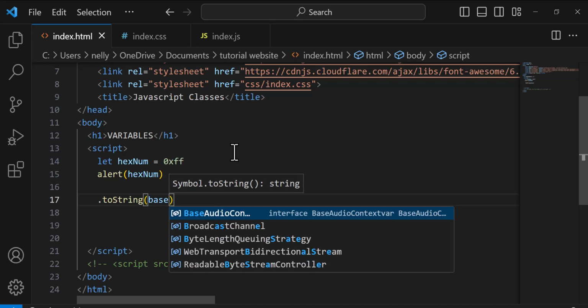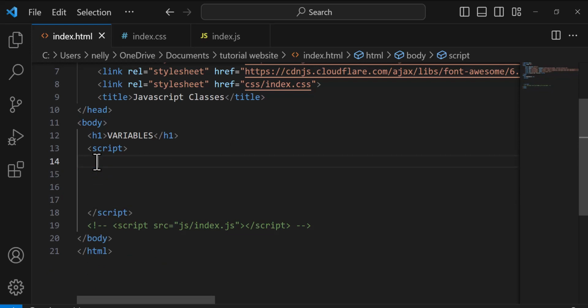What does this method do? This method is used to return a string that is represented in the numeral system with a given base. I repeat, this method returns a string that is represented in the numeral system with the given base. For example,